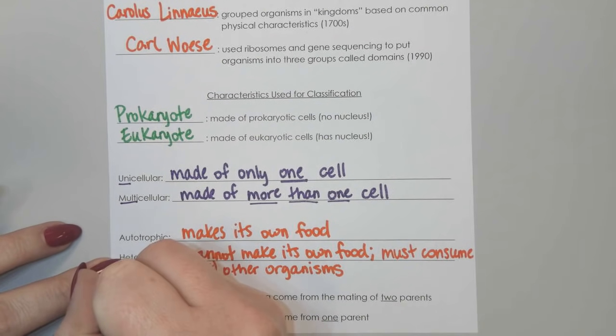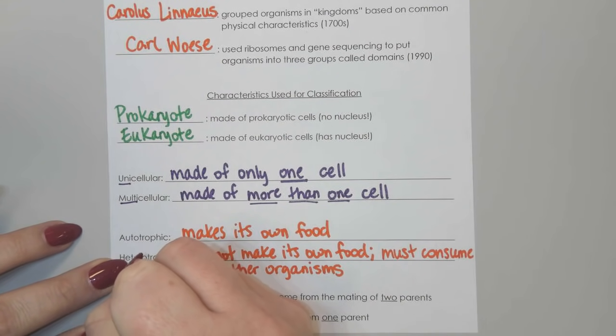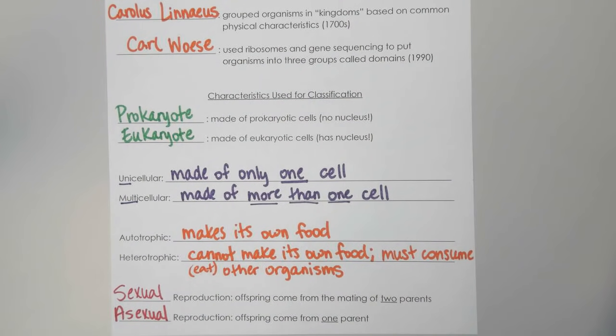The opposite of that is asexual reproduction, which is where offspring come from one parent, and that's just basically making a copy of the parent's DNA. So there's not a lot of diversity. Everything is exactly the same as the parent. This can include things like binary fission, where bacteria cells can divide in half, or sporing, where mold releases spores, which are reproductive cells that grow into new mold. Regeneration, for example, if a starfish loses one of its arms, that arm can grow into another starfish. So those are all forms of asexual